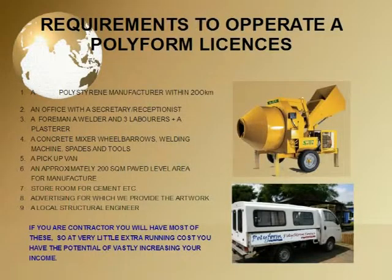You will probably want to know how you can make use of these incredible patented polyform products or buy into the use of these systems. We offer lucrative licenses for exclusive territories in South Africa and elsewhere in the world for a once-off negotiated fee plus yearly support fees of 10% of the initial fee. This includes